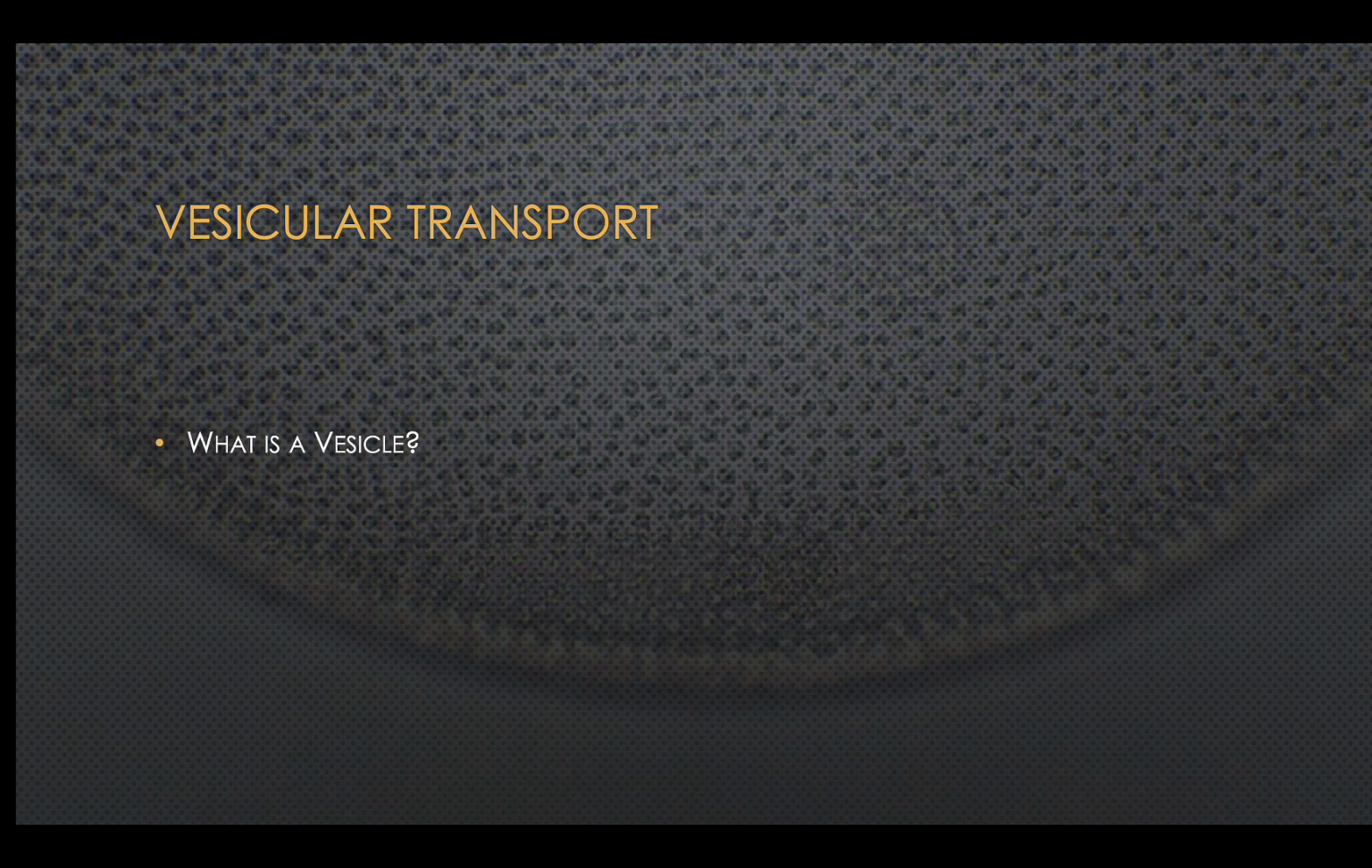So what is a vesicle? It's a membrane-bound sac that contains some type of particle. So for instance, vesicular transport is different from the other types of transport we've talked about. It's different from primary active transport, or let's say simple diffusion. It's different because in vesicular transport, the cell needs to move a bunch of stuff at the same time. So let's say a whole bunch of